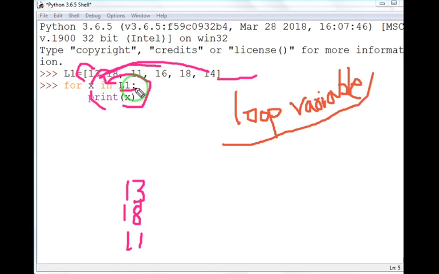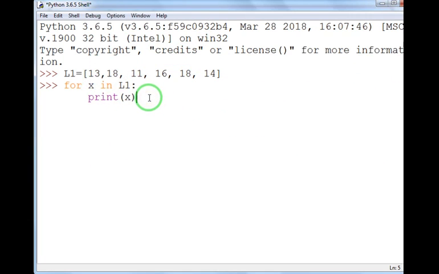Once all the values of L1 have been assigned to X, the loop will close. Let's see the output. Just press the enter key. You can see it prints all the values one by one: first 13, then 18, 11, 16, 18 again, and 14. So this is how we traverse a list.